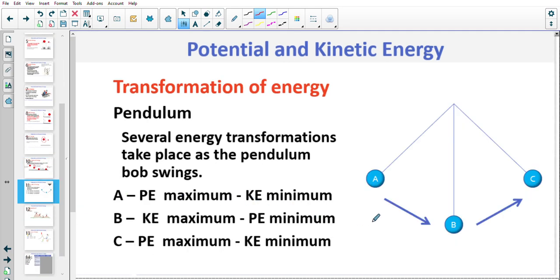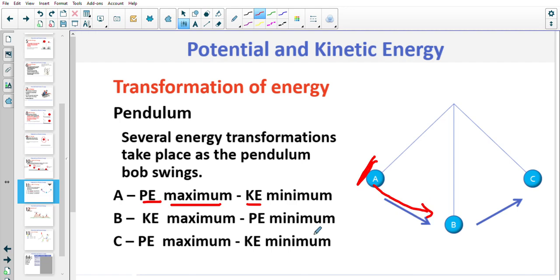On a pendulum, when it reaches right here, that's the maximum it can go, and it stops. When it reaches that stopped point, it is at its maximum potential energy because it is no longer moving. The kinetic energy is actually zero, or at its minimum, until it starts to move again. As it starts to move and go back down, the kinetic